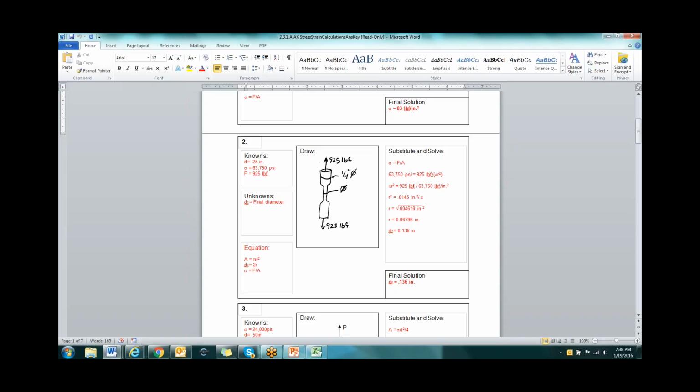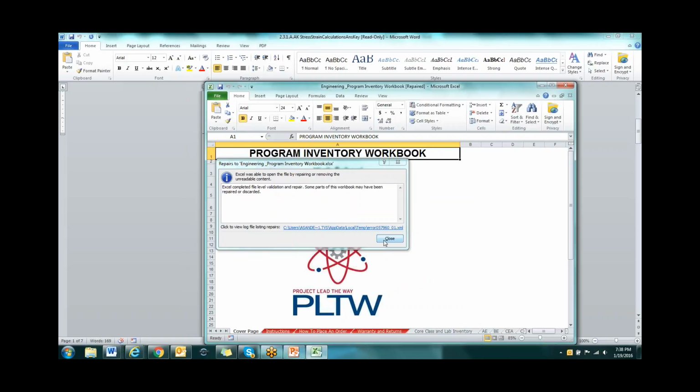If the tensile testing machine can apply more than 925 pounds of force to the specimen, calculate the maximum rod diameter that can be used for this specimen. So one thing that I want you to notice,